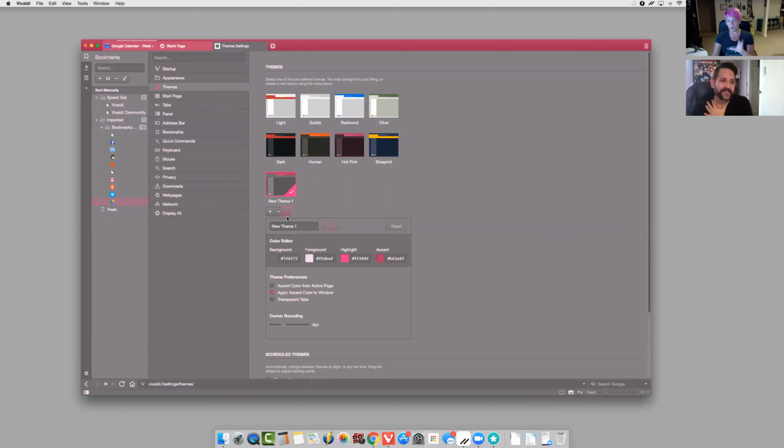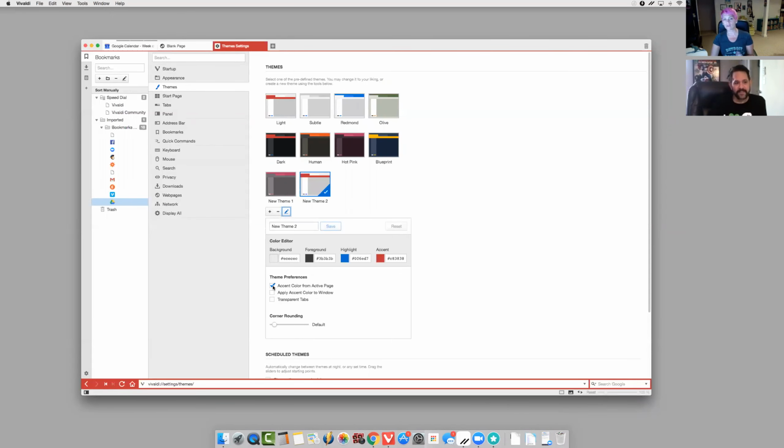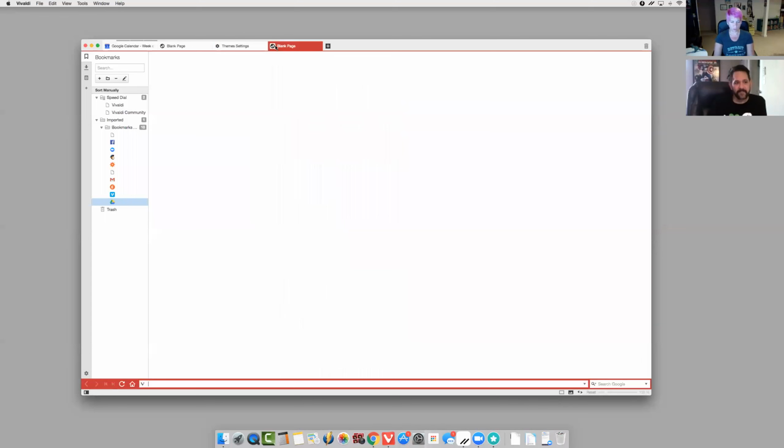So by default, when you install Vivaldi, and I'm going to show you how this works, this is turned on. Whatever theme you choose, the accent color from active page is automatically turned on. You can see here that accent color from active page is set up by default. I want to do new theme, but if I leave this and I say, okay, go ahead and we'll save this, and I'm going to put this new theme on, what happens is now,